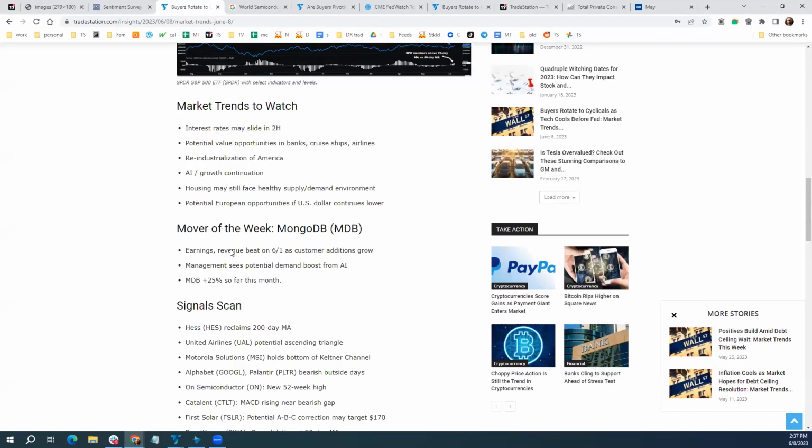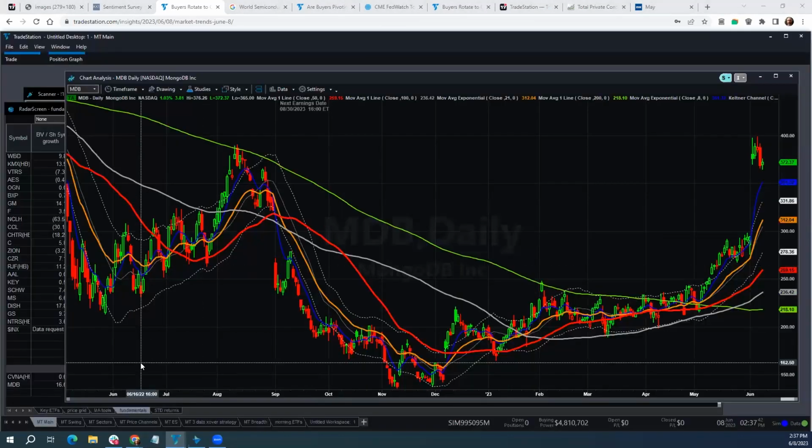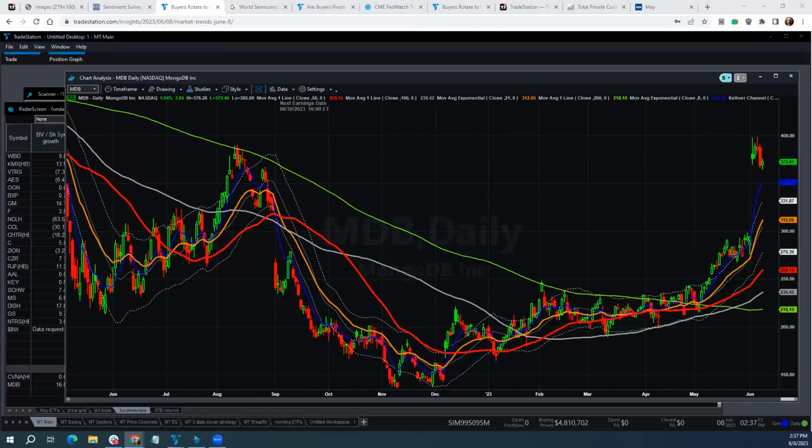We always try and look at once a week a really interesting mover that's not normally on the radar. I've got to be honest, a lot of these signals on this one just didn't look that great, and I don't really want to get into them too much. I try and look at stuff based on what I see the night before, and a lot of the signals I've used recently haven't worked super well. So let's just take a look at maybe